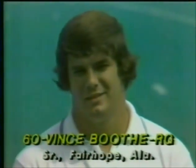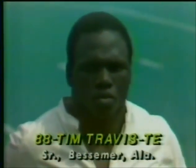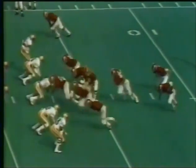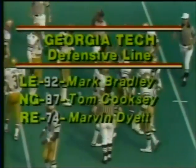As you read them and look at them, their weights are 238, 241, 242, 237, 240, and 227 at the tight end, Tim Travis. They make it 2nd down and 9. They split Travis out to the right side. And Shealy turns and hands the ball off inside to the fullback Whitman, a 231-pound senior from